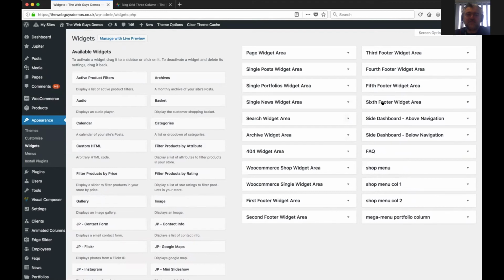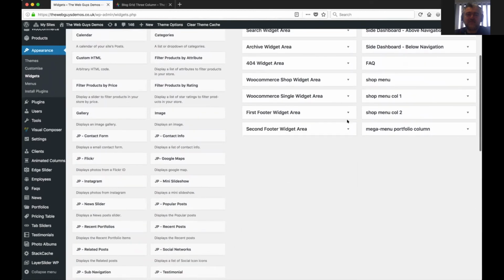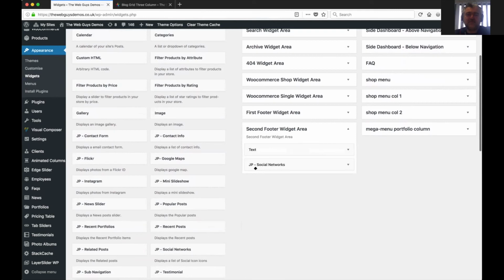Now, your website will have been set up with a number of widget areas. It's probably not 6, it's more likely to be 3 or 4, tends to be the norm. So if your website only has 4 widget areas and you've got stuff in number 6, obviously that's not going to show. But if I open up the first widget area, you can see that in this case it shows the logo. It's not a particularly nice way of doing it, adding it into a text block, but there it is. The second widget area has a bit of text, which is the address information, and it's got a block